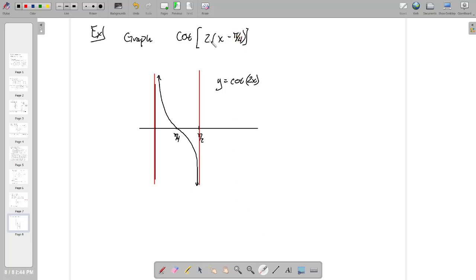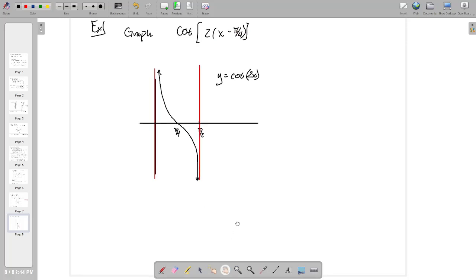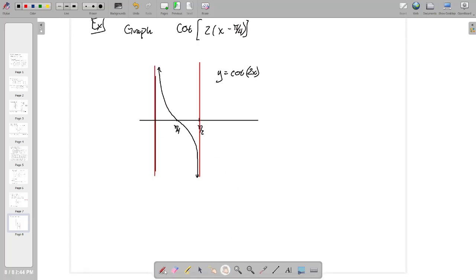Again, I cannot emphasize this enough. 2 is factored out. Whenever your k is not factored out and you have a horizontal shift, make sure to factor it out, because this is the horizontal shift. If you distribute the 2, you would have minus pi over 2. That is not the horizontal shift. So what we're going to do is we're going to take this and we're going to translate it